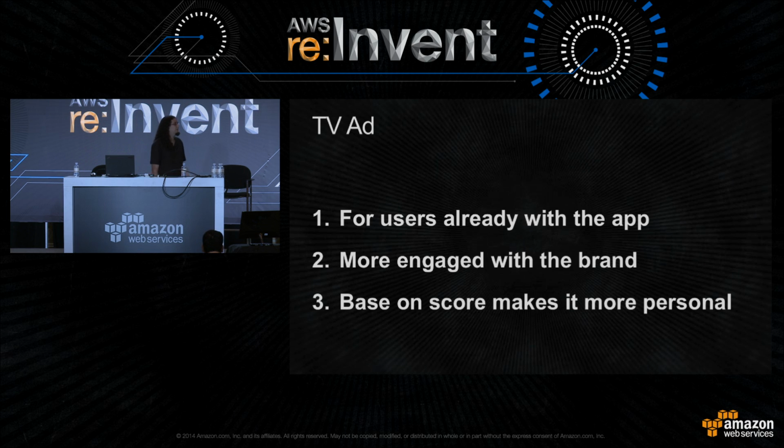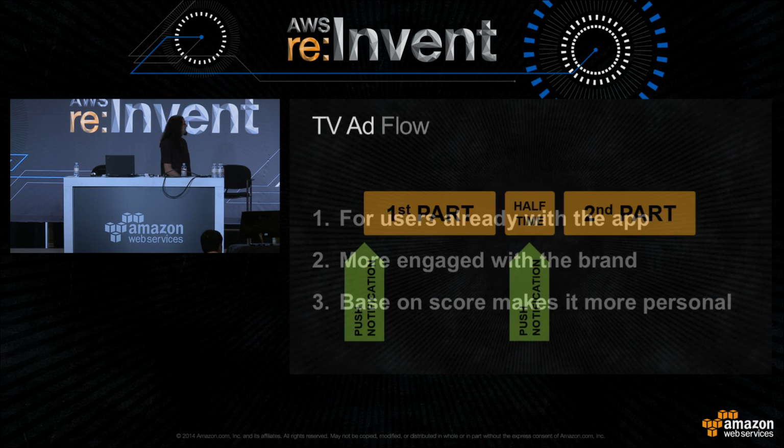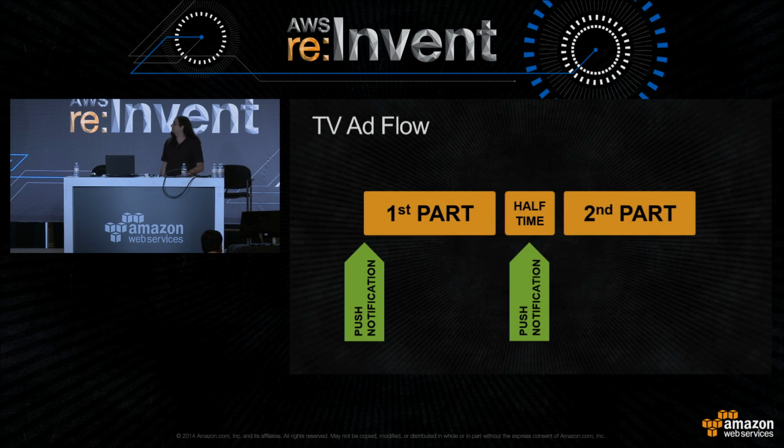We also believe that sending custom messages based on the game score makes it more personal, since we are trying to humanize our virtual seller that we call Lu. So, this is the timeline where we interact with the users. We chose 2 times to interact with them: at the beginning of every game and at the halftime of the game, when the TV ad was running. Before all that, we also send a push notification to encourage users to update the app.